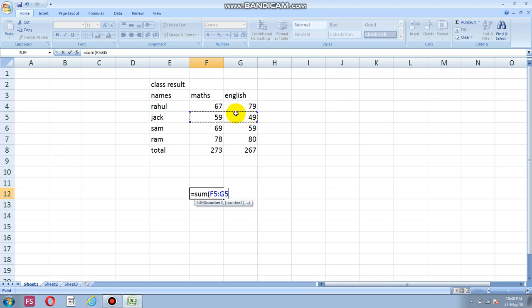When the boxes which we want to add get selected, we leave the button, then close the bracket and press enter. We will get the sum. So this was